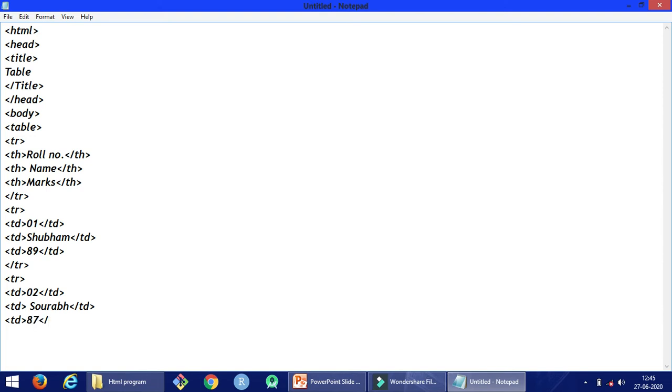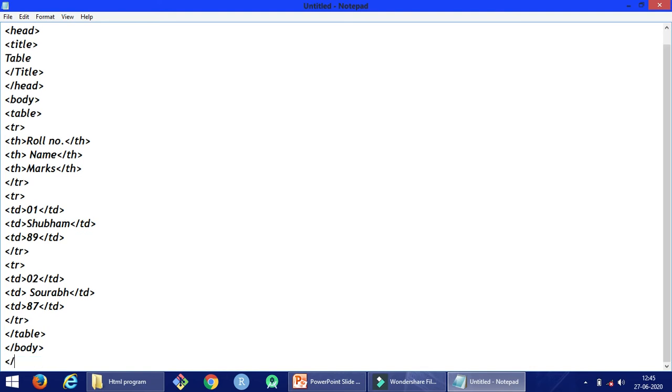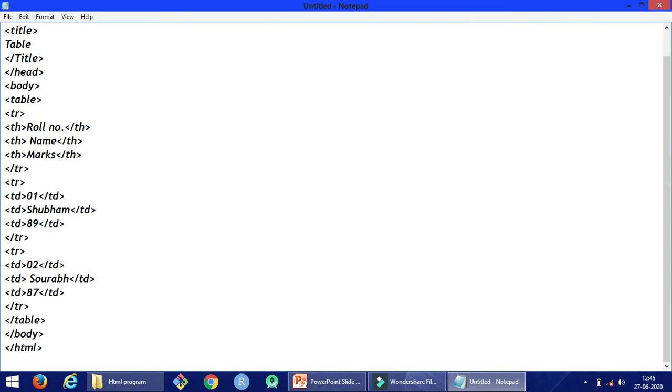Now close td tag and close tr tag. Now close table tag, close body tag and close HTML tag. Here we have 3 rows and 3 columns.